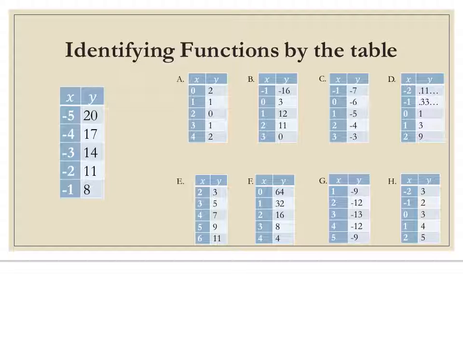Okay, so one thing I've noticed we're still struggling with is recognizing how to tell what type of function something is by looking at the table. So if I look here, this function is -5, 20, -4, 17, -3, 14, -2, 11, and -1, 8. The first thing you should always do when you have a table is count up the first difference. So to go from 20 to 17, I'm subtracting 3. From 17 to 14, I'm subtracting 3. 14 to 11 is subtracting 3. And 11 to 8, I'm subtracting 3. So I know that this is going to be linear